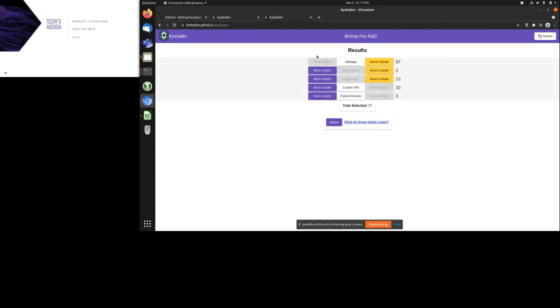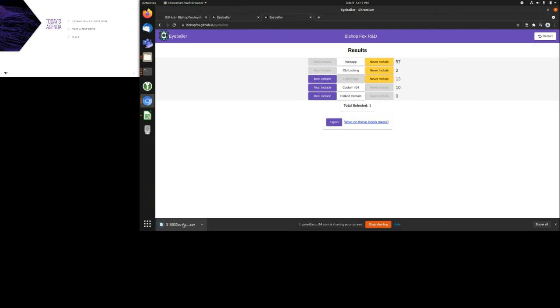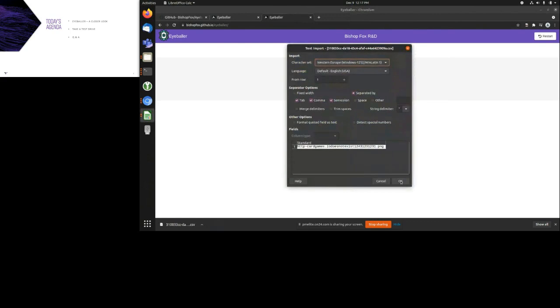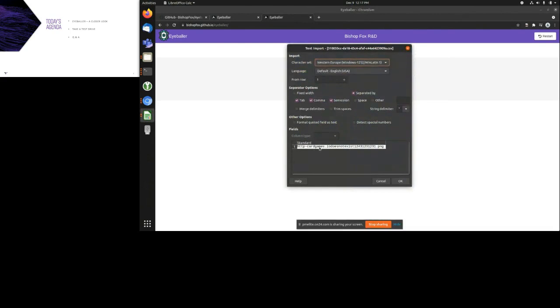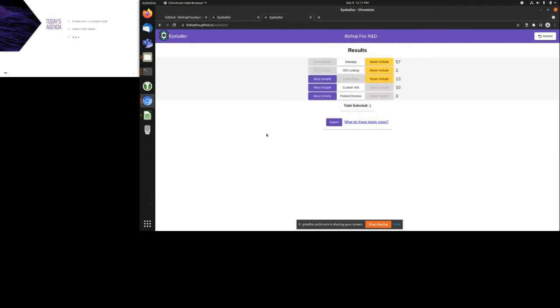But if you'd like to further clarify your selections, like I also want to see all the old looking websites, right? You can click on that. And now you can see there is one. If we export this, it will give you a CSV file that has exactly that, with something that looks old looking. And then you can follow up on those screenshots.